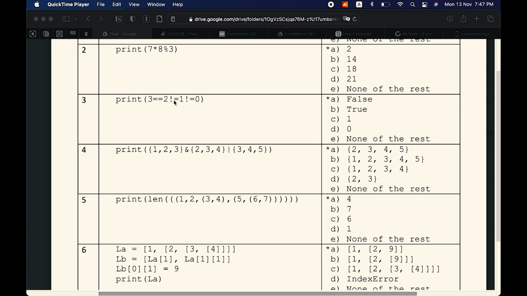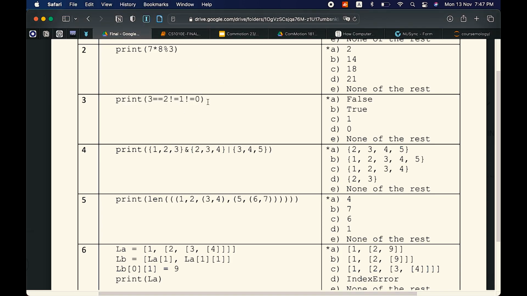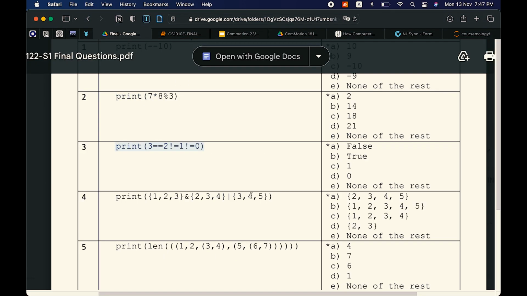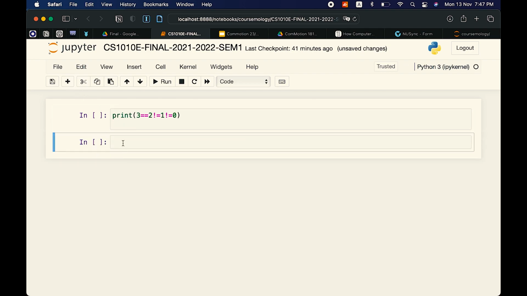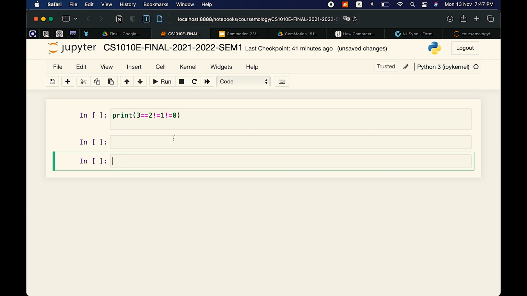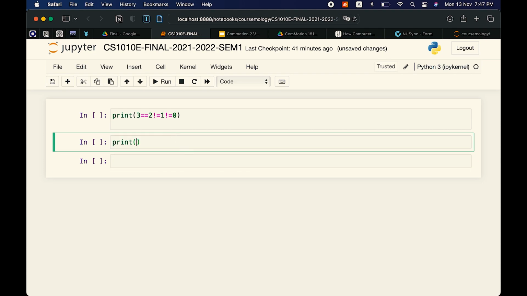Print 3 equals 2, not equals 1, not equals 0. Okay, so this one, let's see. By the way, you should use Jupyter. It's quite a good code editor. What you can do is make a few cells and run them independently of each other, like this.